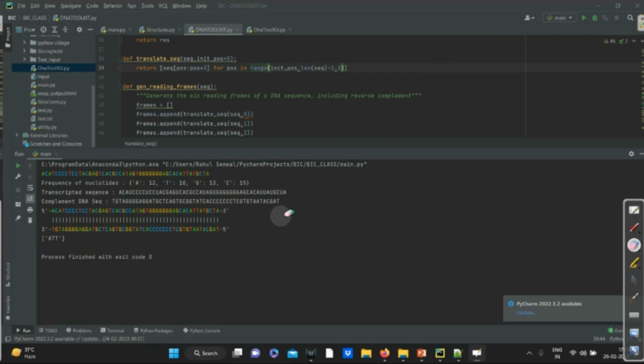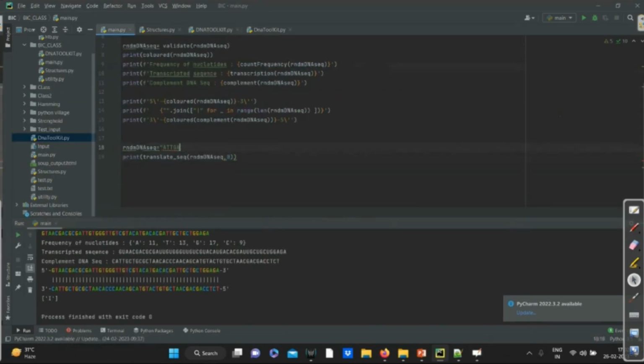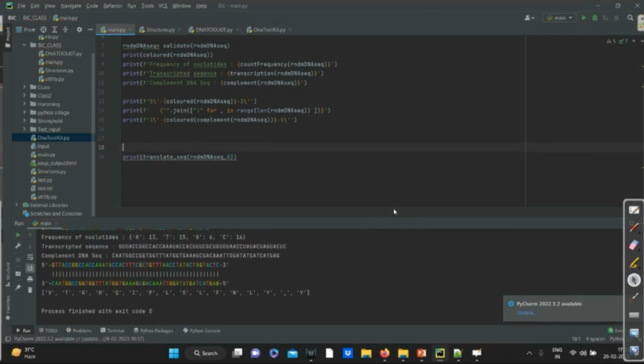That's why I wrote over there DNA codons. So whenever I get a triplet, it will convert that into the particular amino acid. For that codon ATT, the amino acid is I. So in the main function, I call the random DNA sequence and it will give me 6